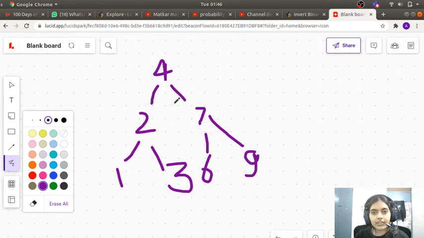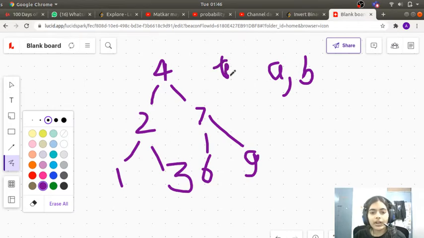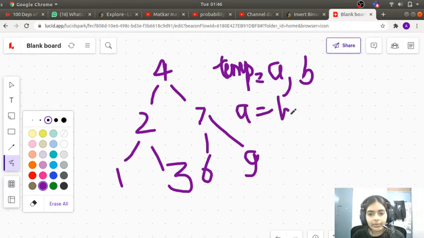So let's just do the normal thing, like suppose we had two variables and we had to swap them. Consider we had a and b, and then what we would have done, we would have brought in another variable, called it temp, and then we can give temp equal to a, and then a equal to b and then b equal to temp.